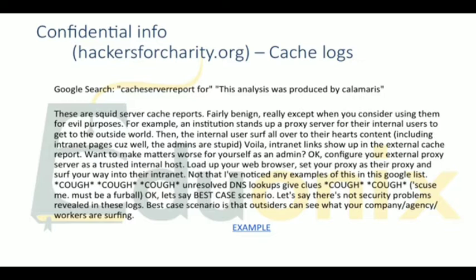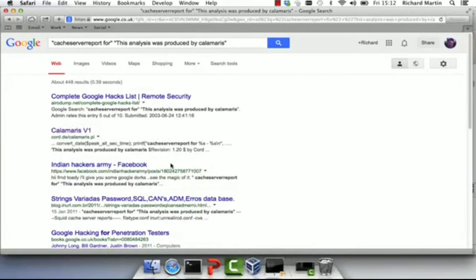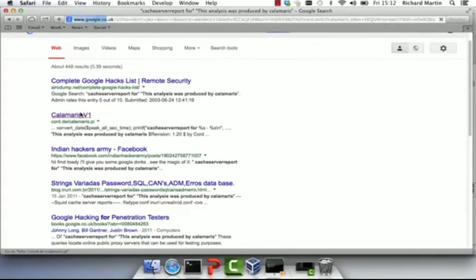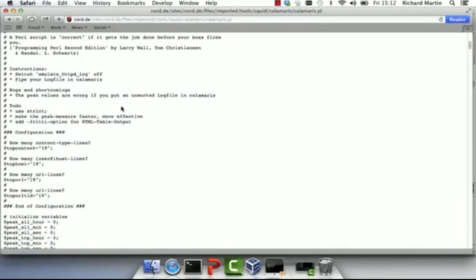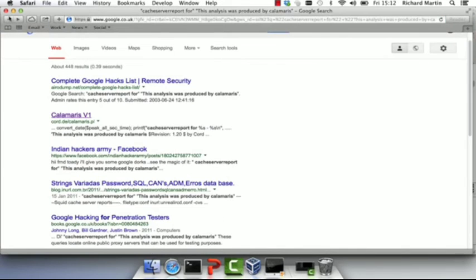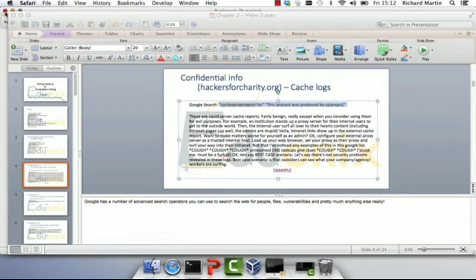So if you load up your web proxy and surf the internet, you can notice examples in the Google list of those particular reports. If you take a quick look, you can see here we have the kind of reports we're talking about, listing much more information than you possibly want to give away. I'm not going to go into it too much. Feel free to have a look for yourself. It's Google, it's just on the internet now. So next up we have